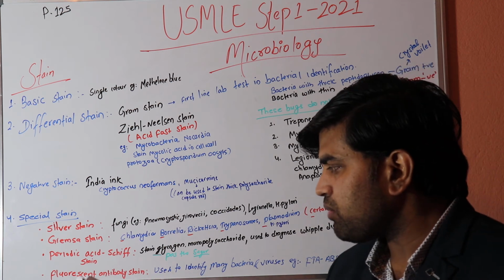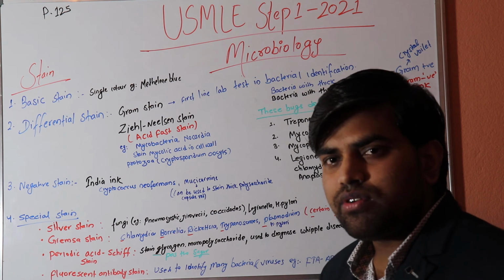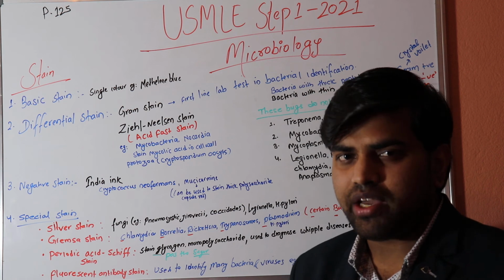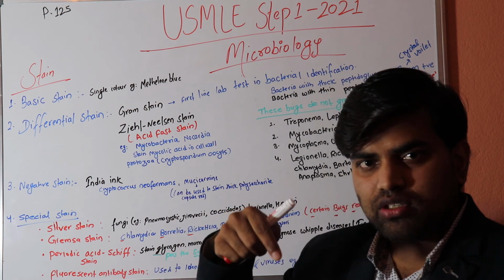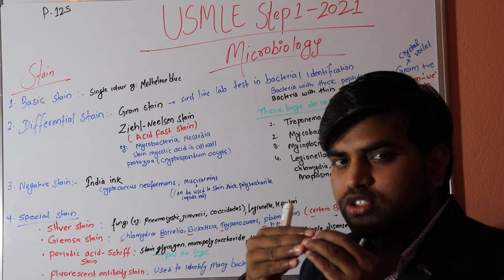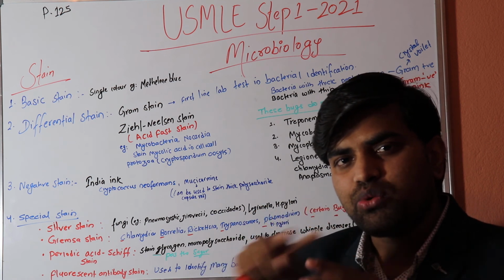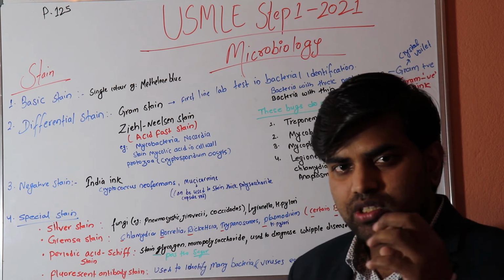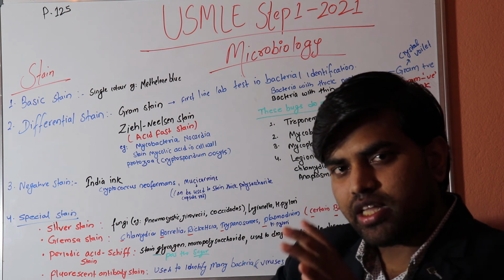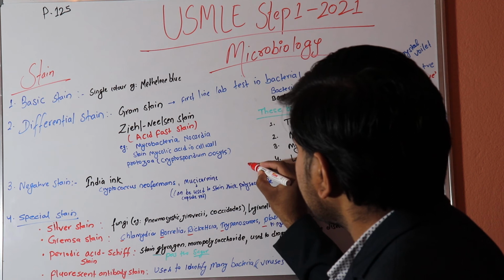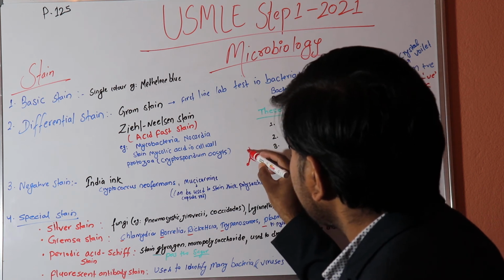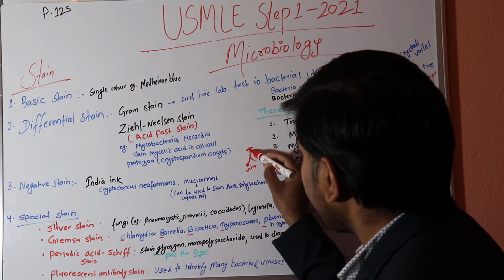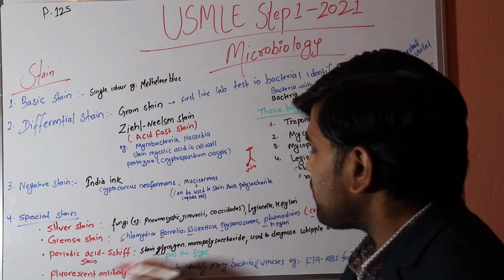Let me explain something about the fluorescence antibody test. Look, in fluorescence antibody, there is a certain antigen you want to diagnose. Suppose there is some virus or bacteria, then you put an antibody. So the antigen-antibody reaction will be there, and in the tail of that antibody, we label a fluorescence dye. Let me explain: this is the antigen and this is the antibody, and suppose you are talking about a virus, this is the antibody against it, and in that tail we are attaching this fluorescence dye.